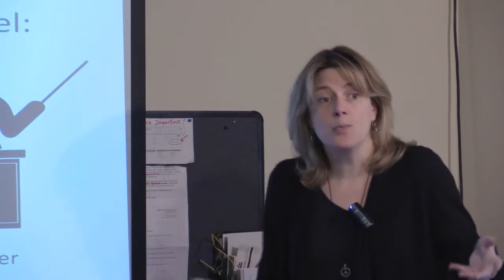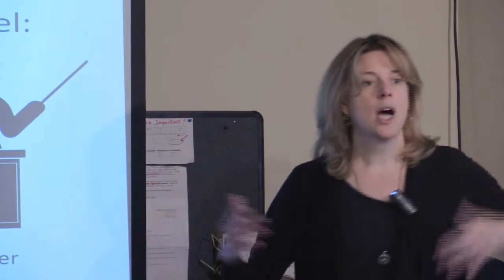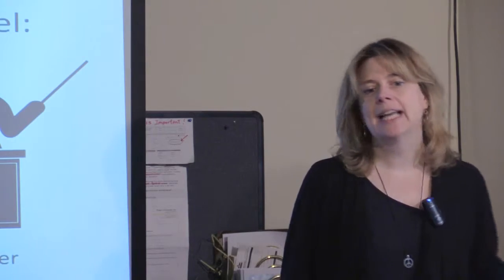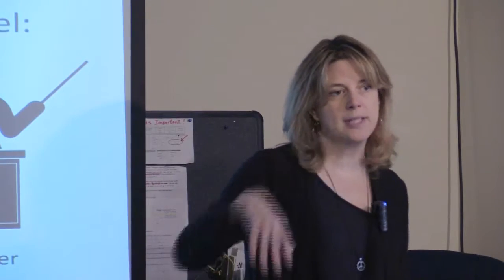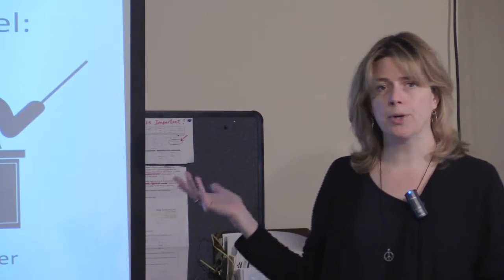Let's talk about what we went over in part one. I included in part one of online learning some information about different models of teaching and how the delivery system of online learning can change how learning happens, that you can use a different model. The traditional model is the one that you see me doing right here, which is a person talking and other people listening. So it's basically a teacher and a student. You are listening to a lecture or some presentation with a chalkboard or a whiteboard or whatever.